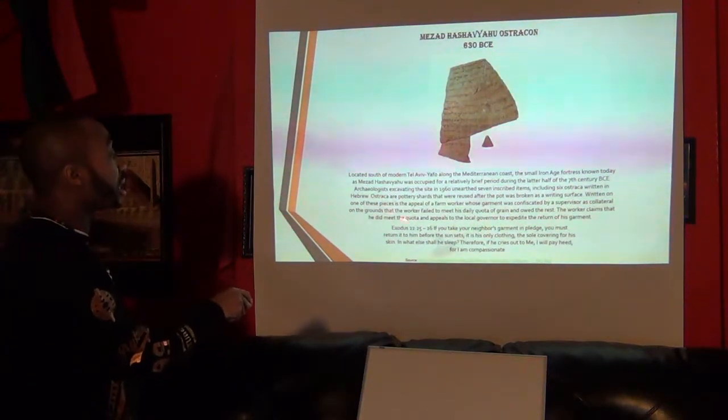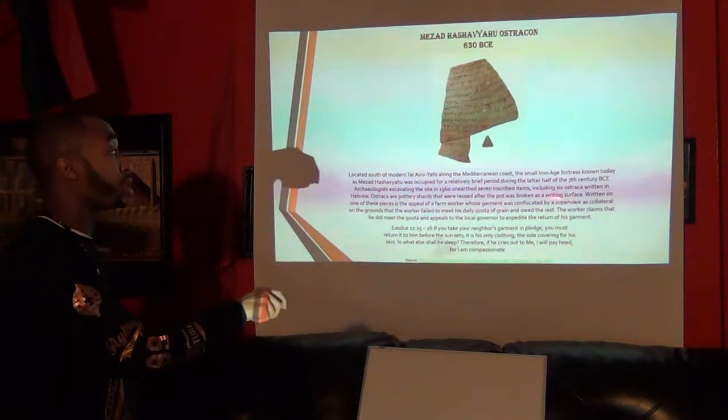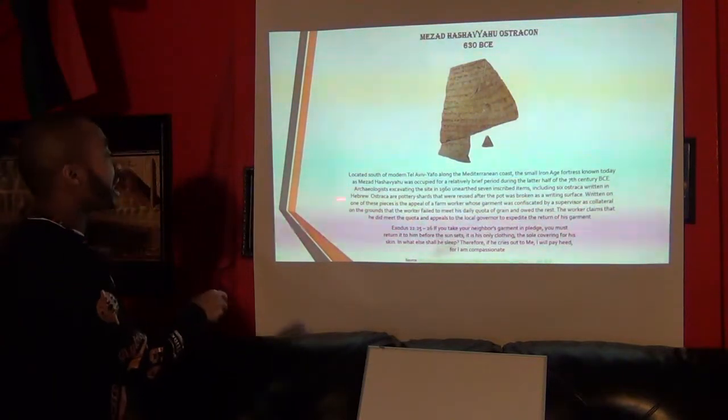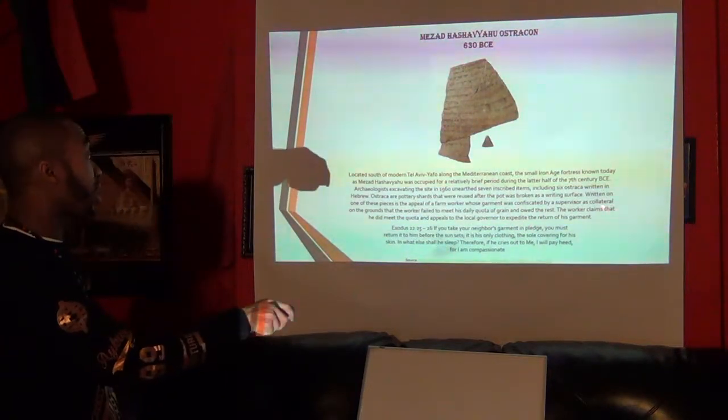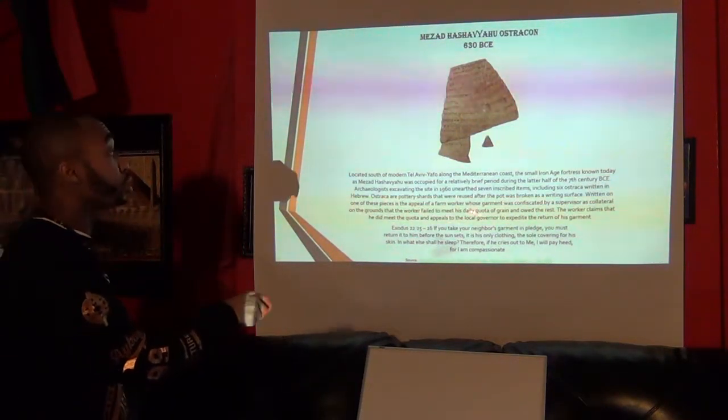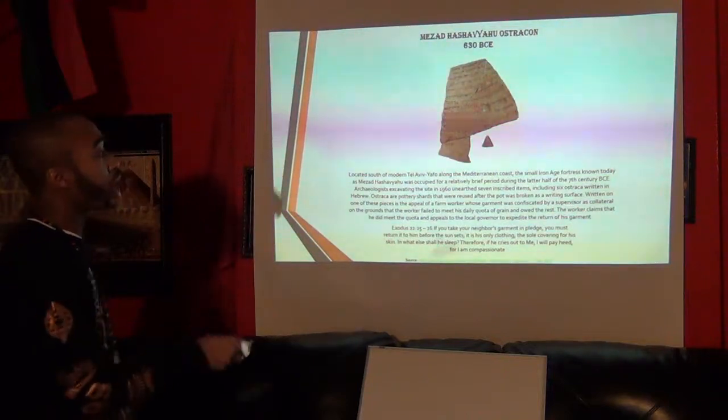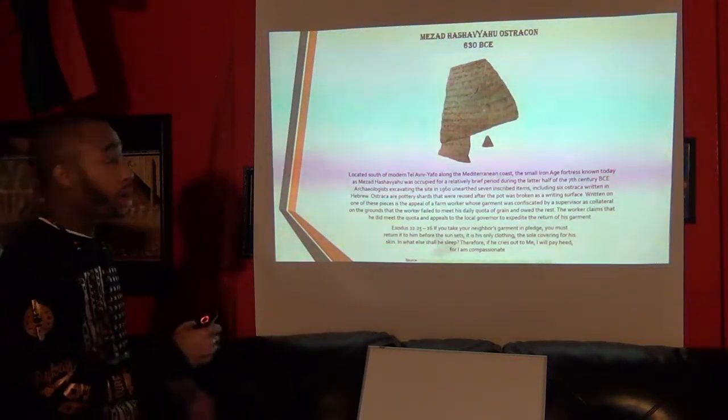Written on one of the pieces is the appeal of a farm worker whose garment was confiscated by a supervisor as collateral on the grounds that the worker failed to meet his daily quota on grain and owed the rest. The worker claims that he did meet the quota and appeals to the local governor to expedite the return of his garment. So now we have here the Hebrew